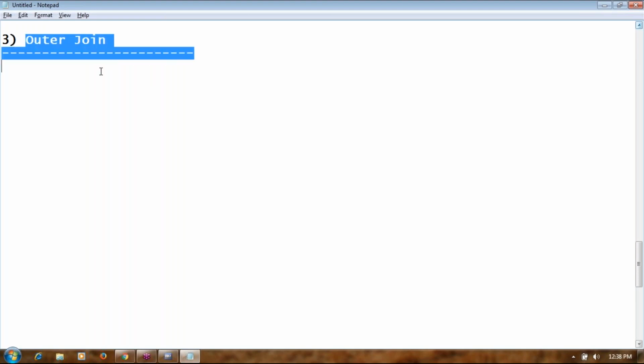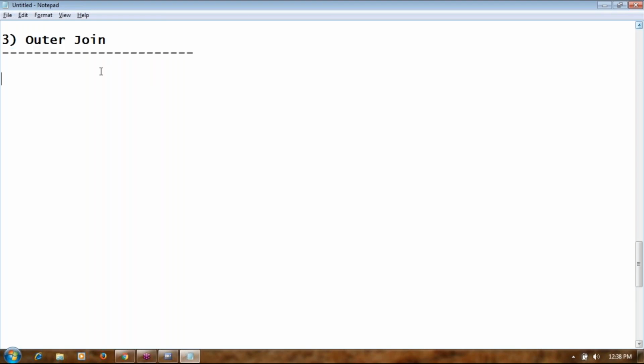Outer joins, very, very important and a little bit confusing also. Please focus on these outer joins. Outer joins are an extension to equijoins.